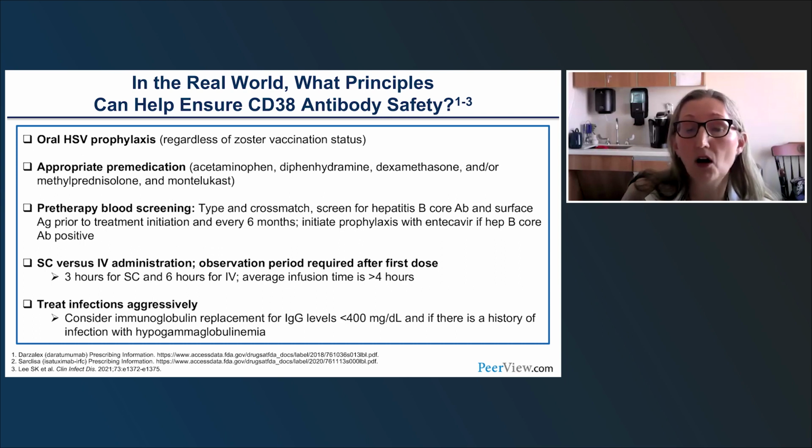And the first couple of treatments, later you don't have to do that. Don't forget really the blood screening, and also with a type and cross-match, and also hepatitis B screening. That's important. And you need to initiate prophylaxis with entecavir if patients are Hep B core antibody positive. Very important. I guess a couple of us made some bad experience by not doing it, and reactivation of hepatitis